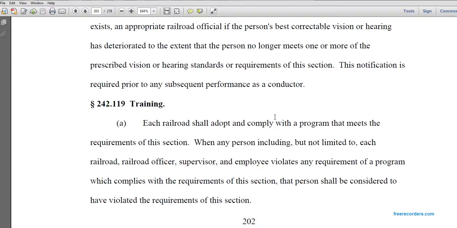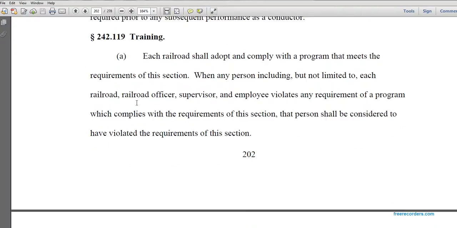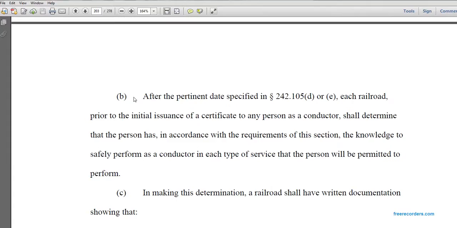When any person, including but not limited to each railroad officer, supervisor, or employee, violates any requirement of the program which complies with the requirements of this section, that person shall be considered to have violated the requirement of this section. B. After the pertinent data as specified in Section